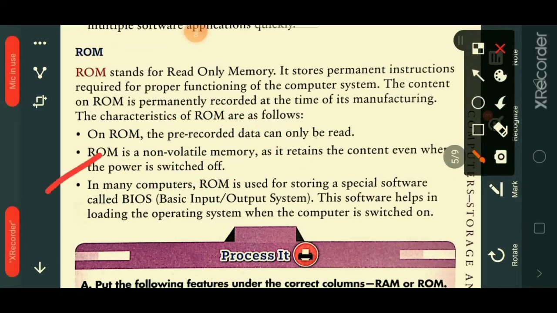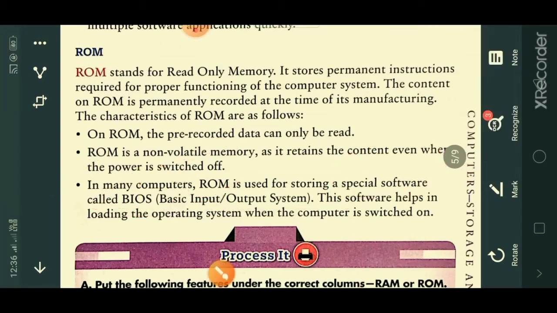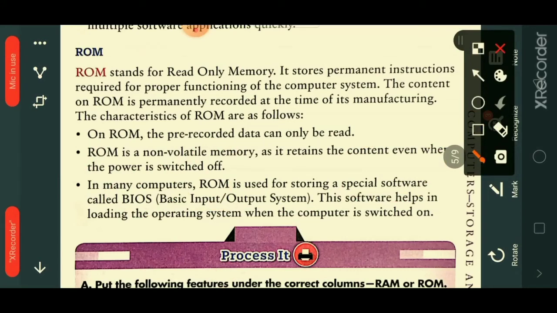In many computers, ROM is used for storing a special software called BIOS. The full form of BIOS is basic input output system. And what is the use of this software? This software helps in loading the operating system when the computer is switched on.